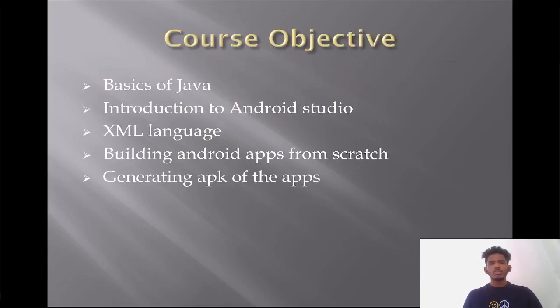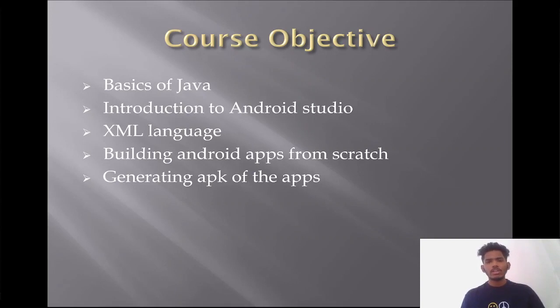So our course objective is, first of all, we will learn the basics of Java. Then we will do the introduction to Android Studio, that is the IDE for building Android apps. Then we will learn the XML language. It is a coding language which is used to build the front end for the apps. And we will